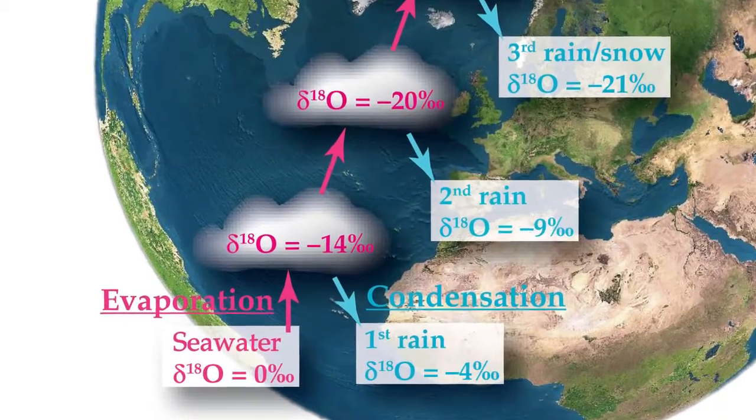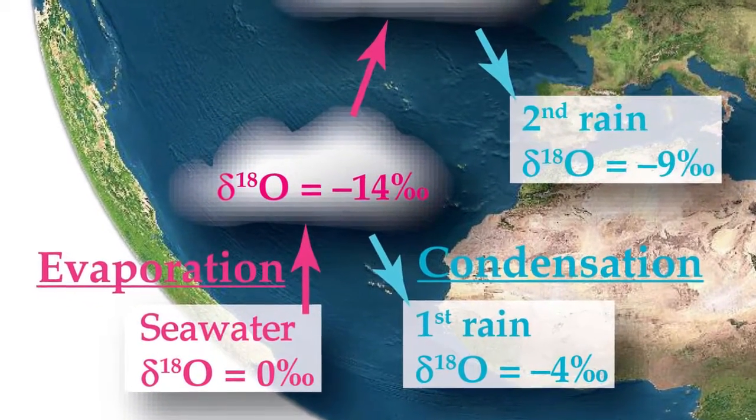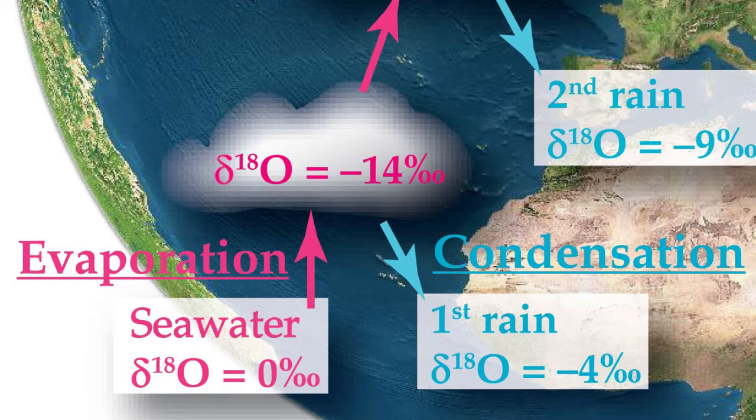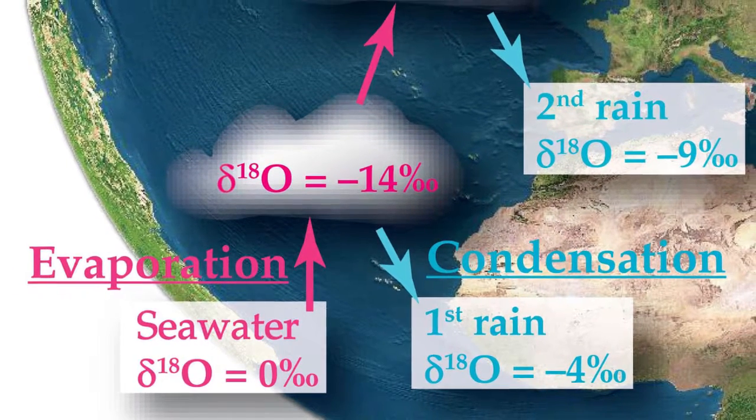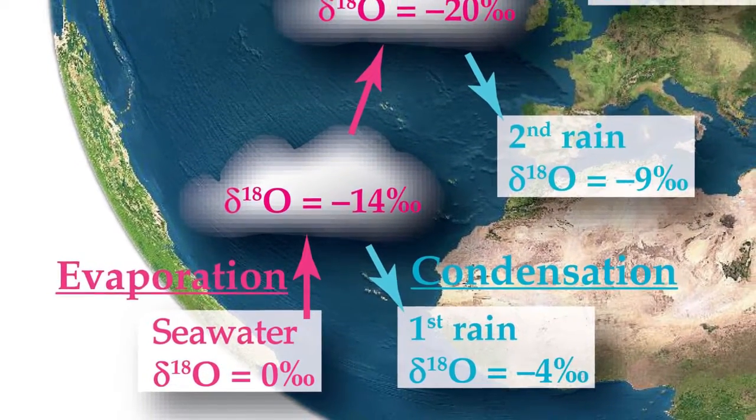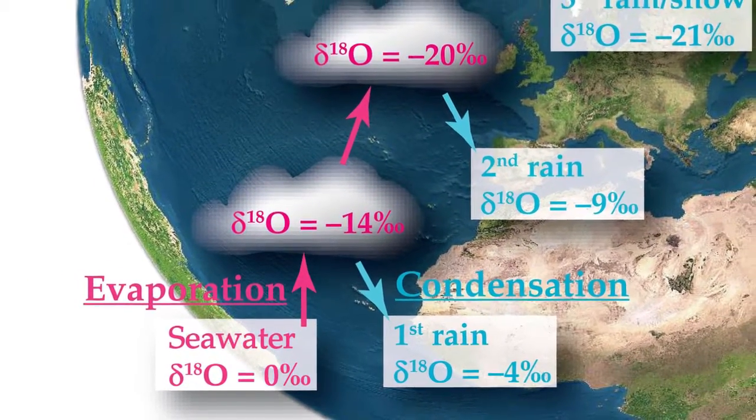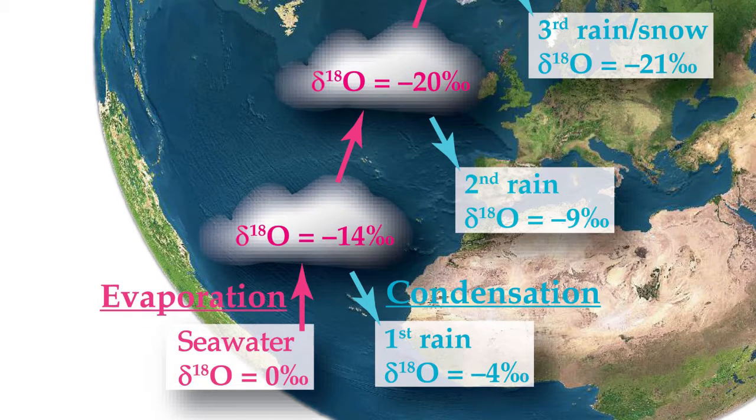Taking the average delta O18 value, or signature, of ocean water as a reference point and setting it to 0, water vapor in clouds over the equator has a delta O18 signature of minus 14 parts per mil, meaning it is more depleted in the heavy isotope than seawater by 1.4%. As the clouds drift to cooler climates, some of the water precipitates. This rainwater is enriched in the heavy isotope, higher delta O18, and the water vapor that remains in the cloud is further depleted, lower delta O18.